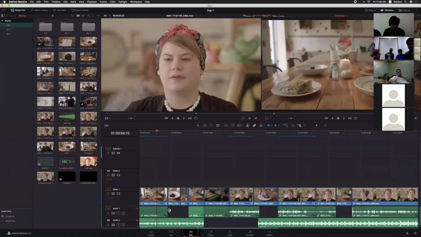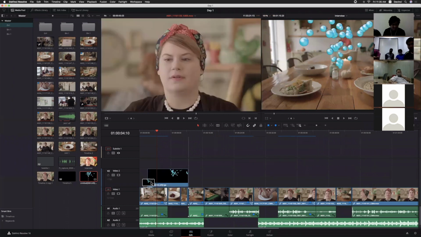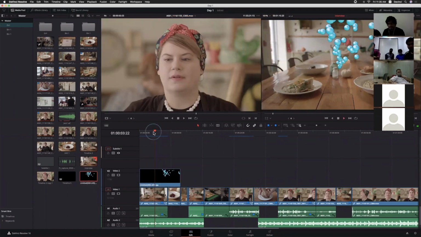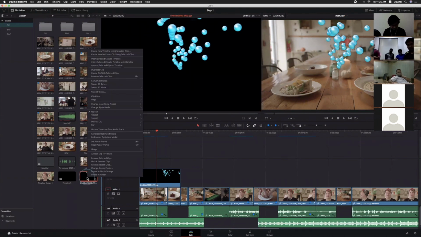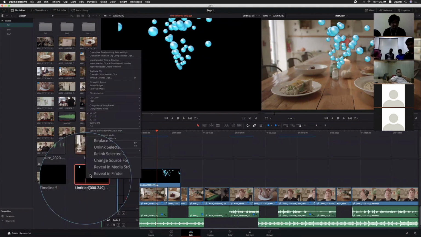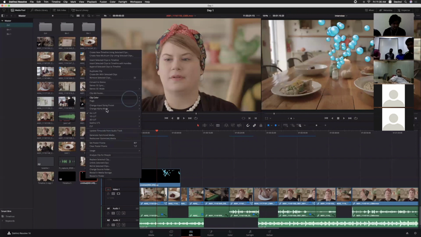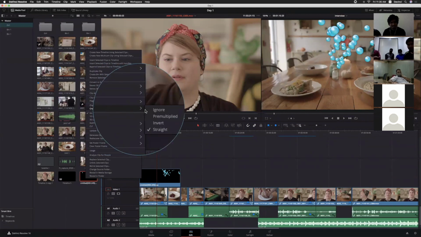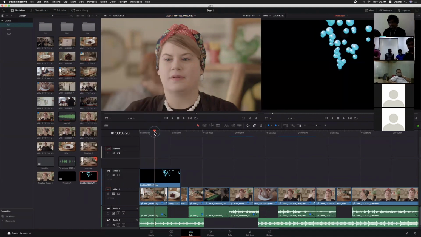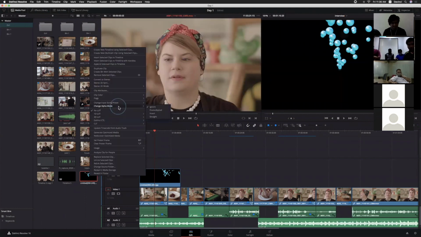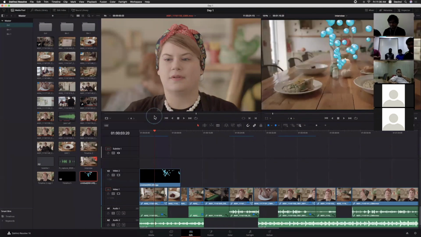Go to the edit page. Now let's say I'm adding it to my timeline. Right away it is with the alpha channel. If you have an alpha channel with the image sequence, right away you will see that. If not, you need to change some options by right clicking on that particular image sequence, and here change alpha mode. Here you need to select straight. If I click ignore, it will add the same black background, right? If you are dealing with an alpha channel, you just need to select the straight option, right? And